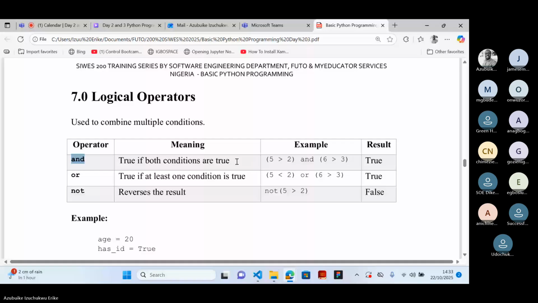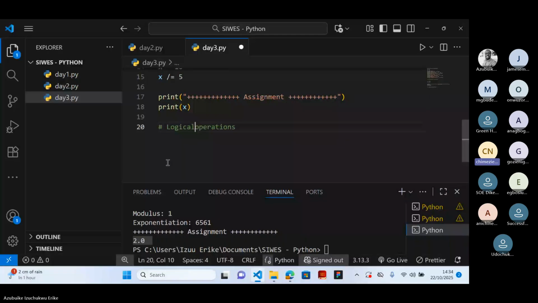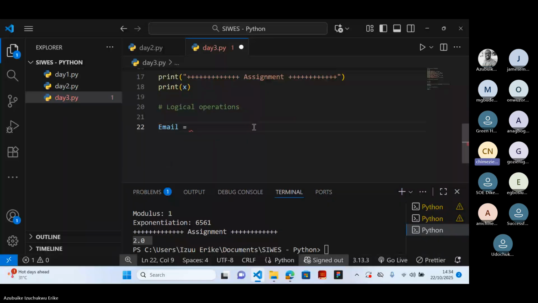All right. Now let's quickly write some code to exemplify this. Okay, let's look at this. So let's say email is set to